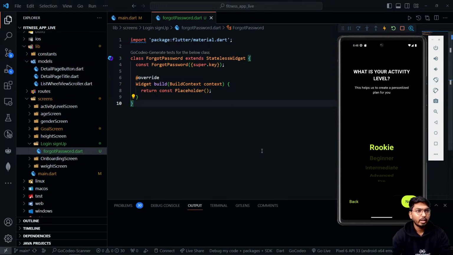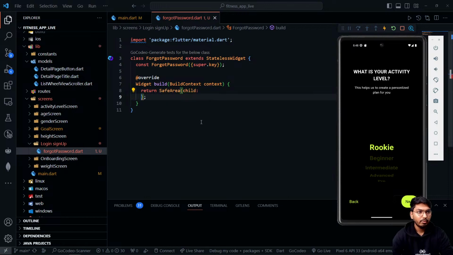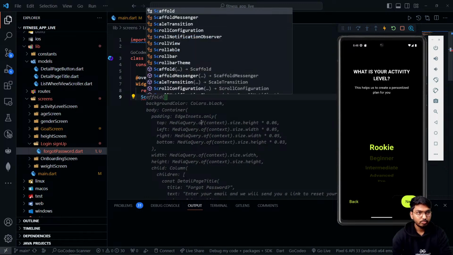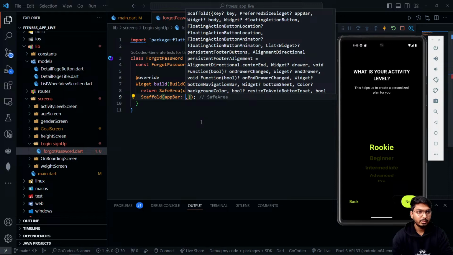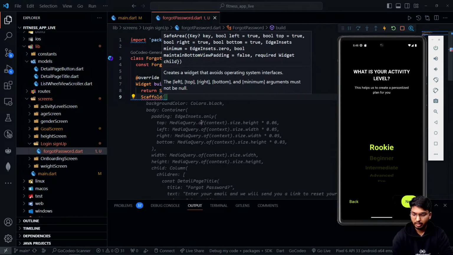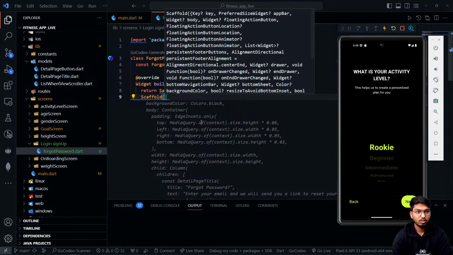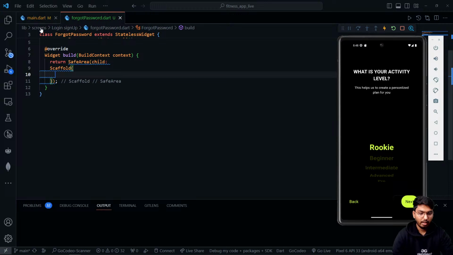So yeah, let's do one thing. Let's write forget password screen, and right inside this forget password screen, we are going to use firstly a safe area. This safe area will make sure that the upper screen and the lower screen is not getting used. Okay. So inside this safe area, the first thing that we are going to enter is, let's go here, and inside this,